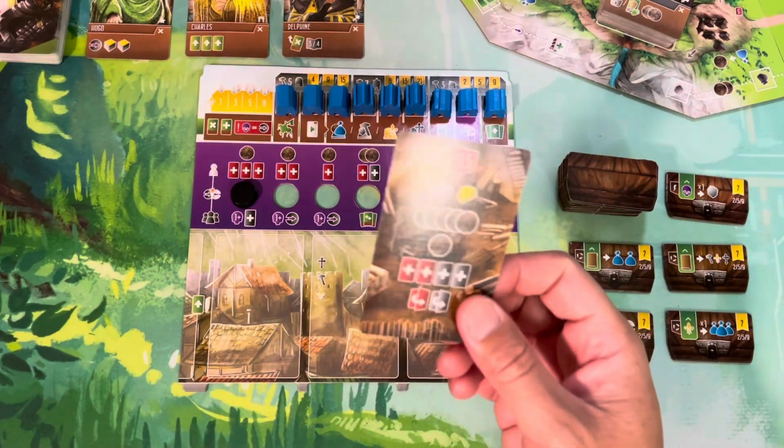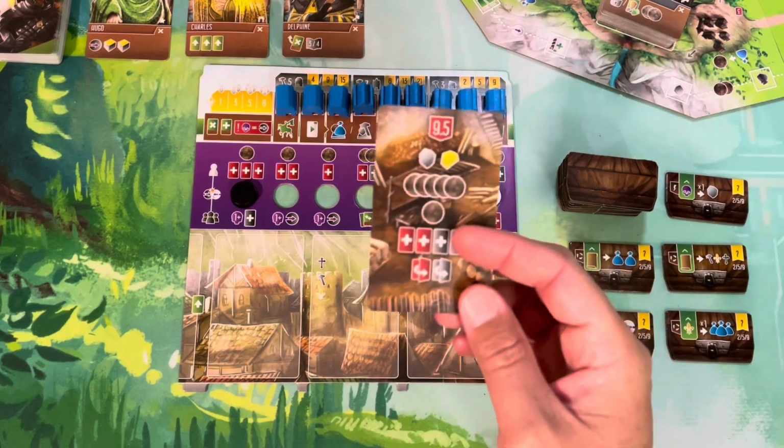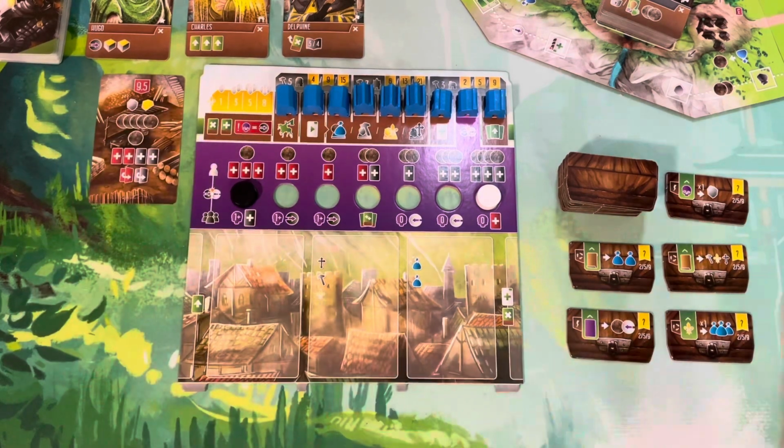So you're meant to just shuffle these up with the rest of the other starting player cards, player reference cards, and if you get one that's a 0.5, you know where to start. The other thing that this expansion adds is 3 new